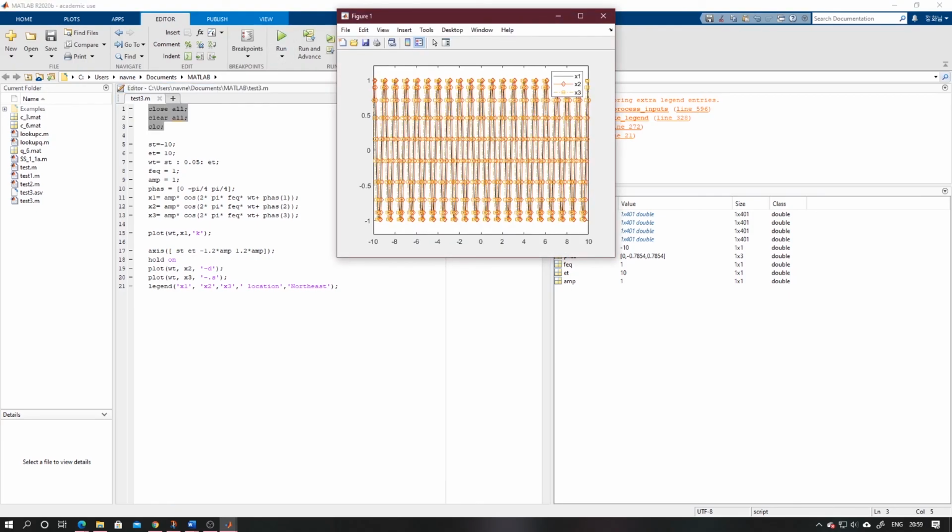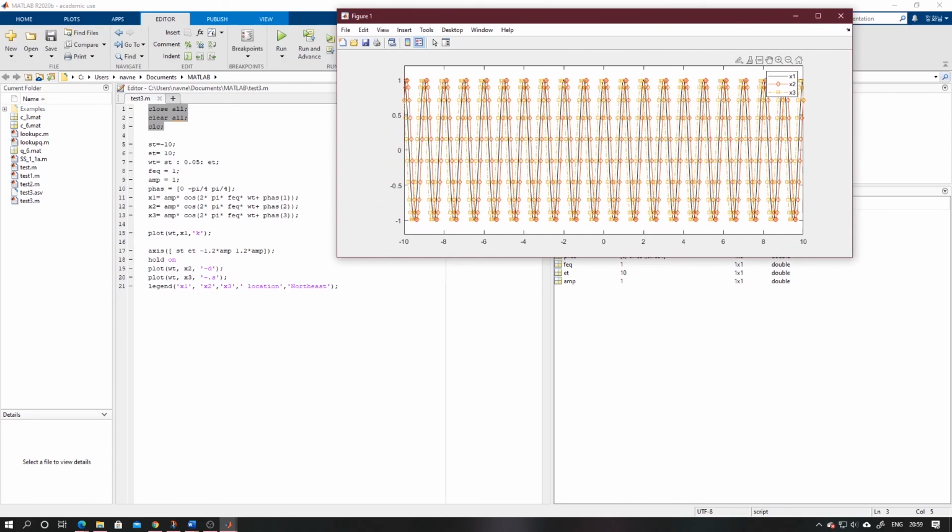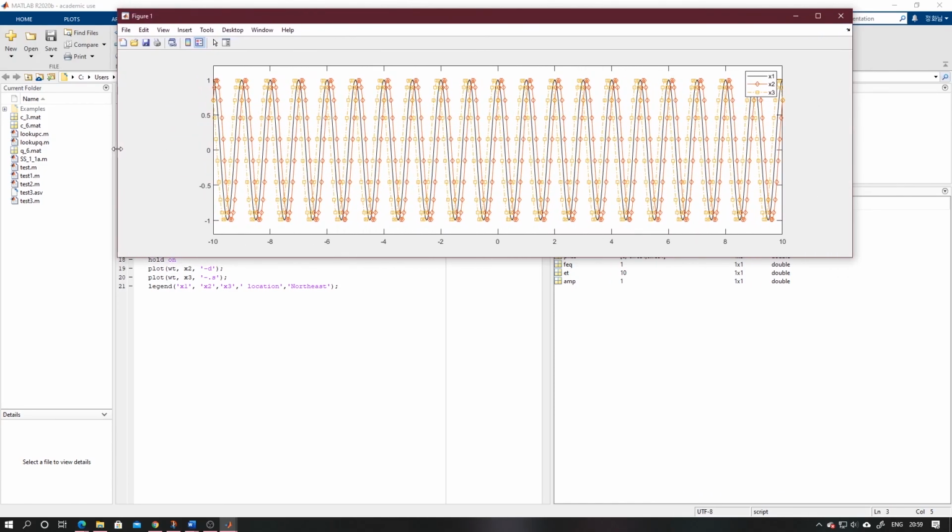This is our output. We can rescale it according to our need. Here we can see 3 different signals. Here you can see in the legend, x1 is black, x2 is red and with diamond,